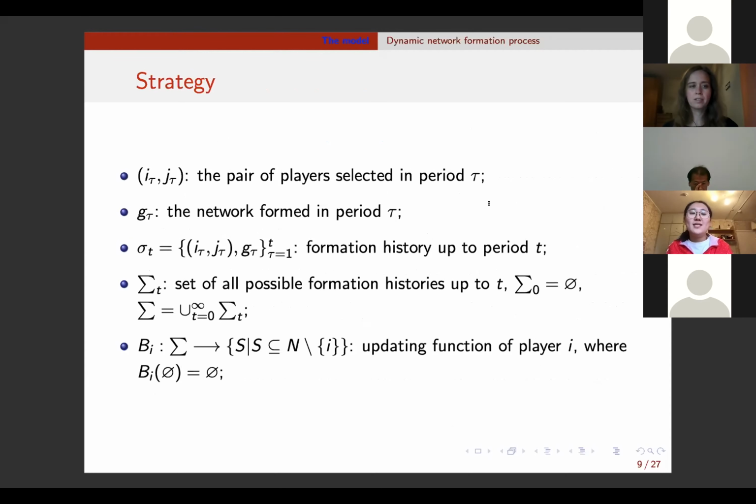Now let's define the strategy of players. We first introduce some basic notations. I_t is the pair of players selected in this period, and G_t is the network formed in this period. And sigma_t is the formation history up to period t, and Sigma_t is the set of all the possible formation histories up to period t. And Sigma is the set of all possible formation histories in the whole game process. Here, B_i is a